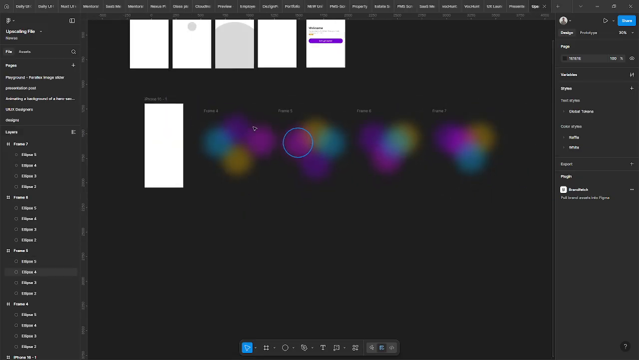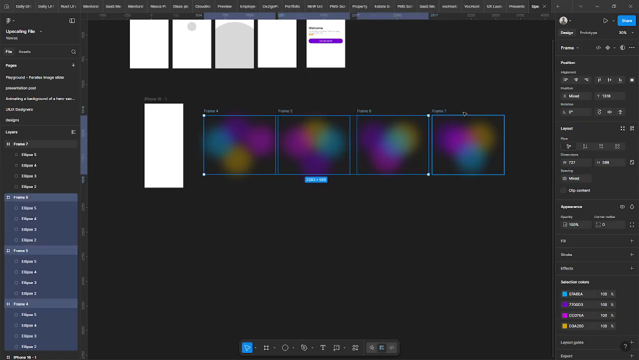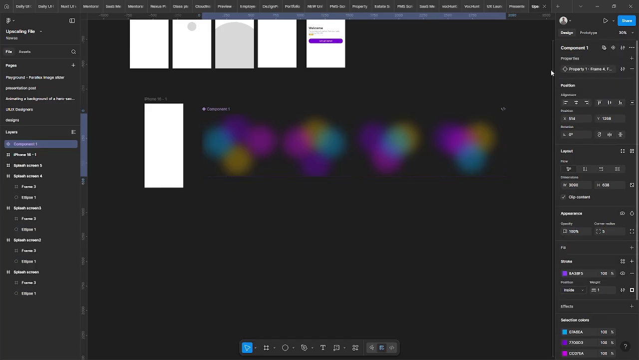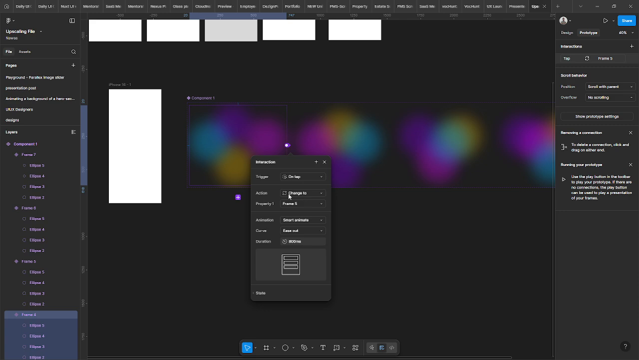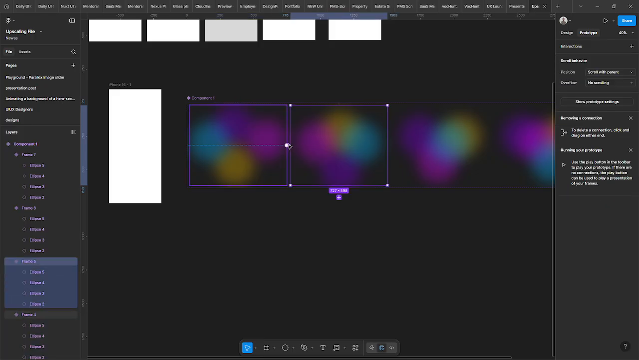Good. So once I have this, I can select all of this and then create a component set. Once I create a component set and I'm adding interactions to it, you can see the change to is active. Remember I said the change will become active once you have a component set. But I don't want to touch, I want after delay, and I want them to move in a linear way, not faster and slower at the end or something. I just want a linear way. So after delay to